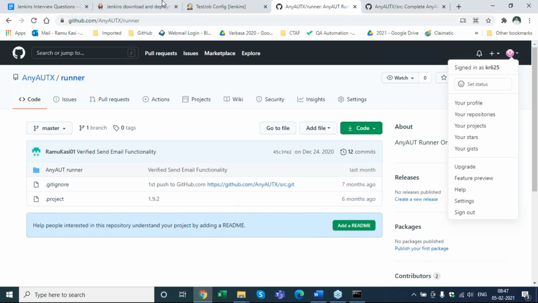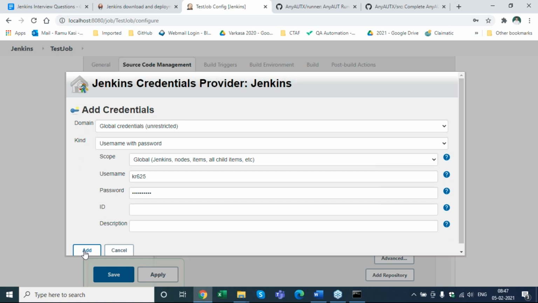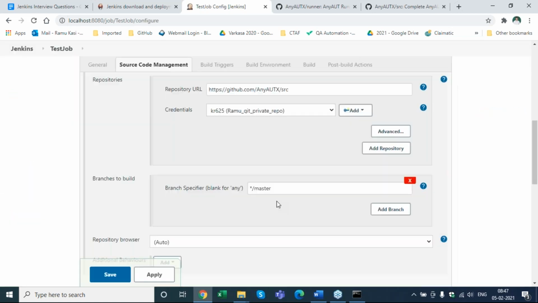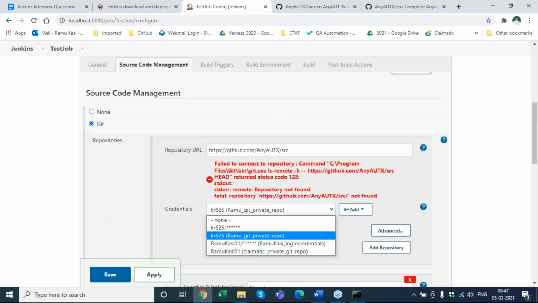So yeah, KR625. I'm just checking the password. I am not able to recollect it. So let me try a couple of them. Yeah, I think. Oh, okay. Let me check it again.